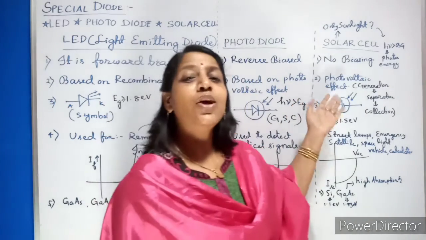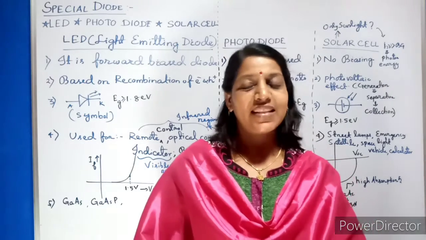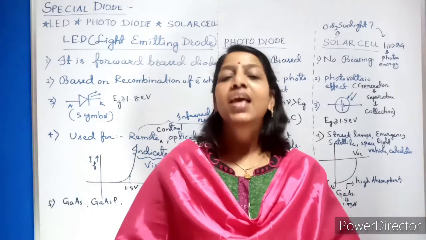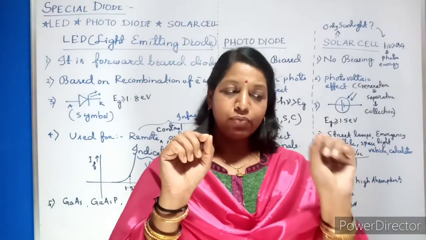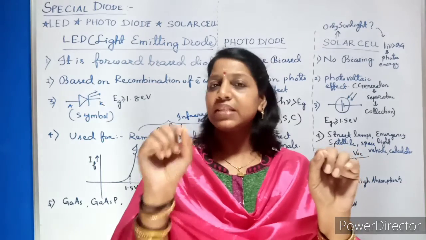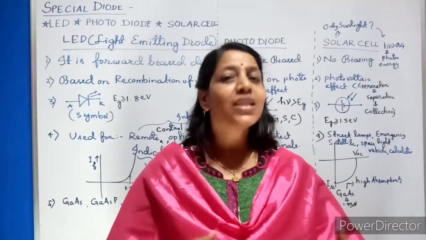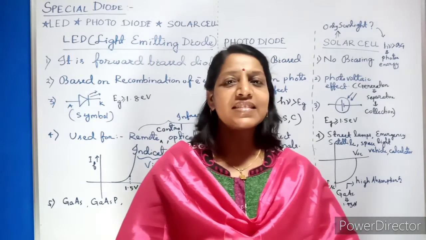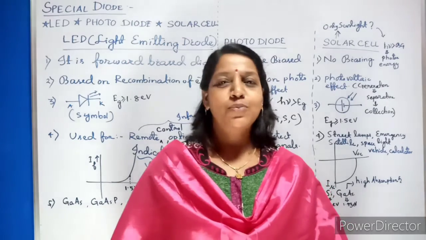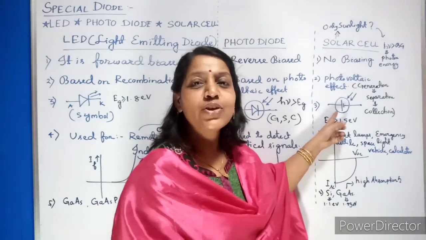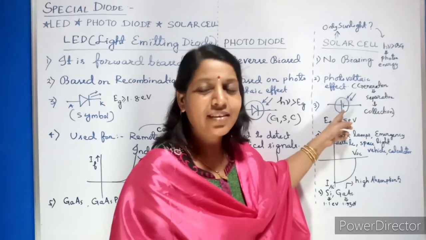Now what will happen when the light falls on it? Same, it operates on the photovoltaic effect, that is generation, separation and collection. Here you are collecting at the solar cell. Let this be P, this be N. At the end you are connecting one resistor. So whatever voltage is generated will drop across this resistor. You consider that resistor as the load, and you can take the output voltage. This is the symbol of your solar cell, because it is generating voltage. So this is the symbol of the battery, or not?